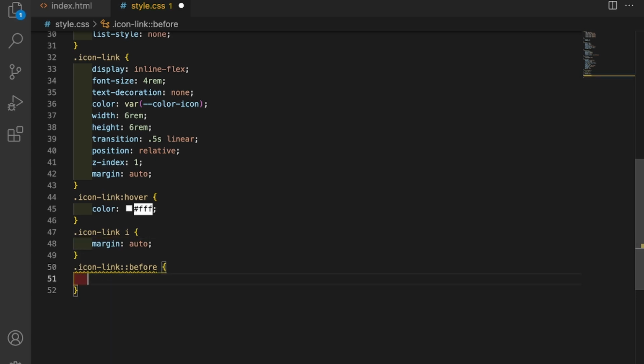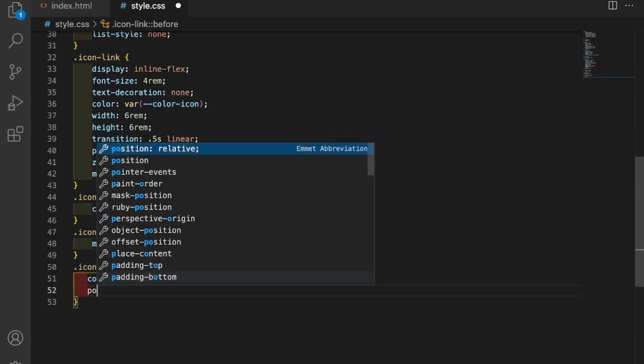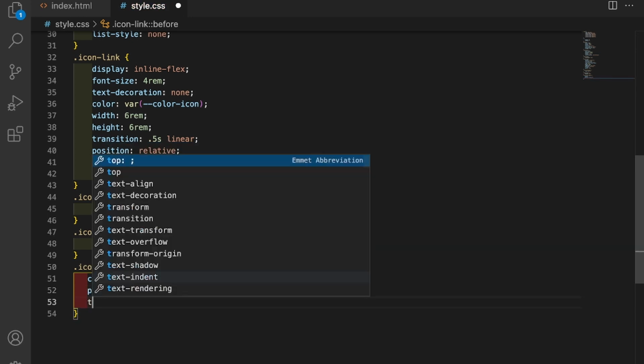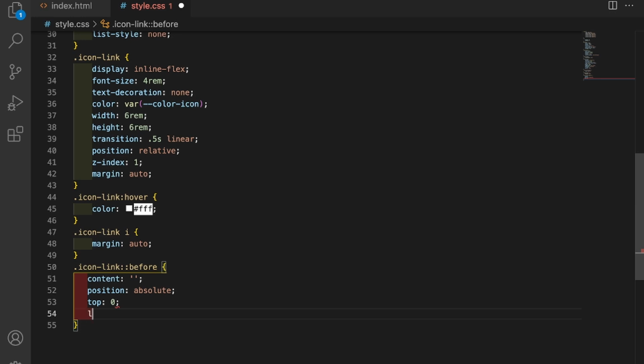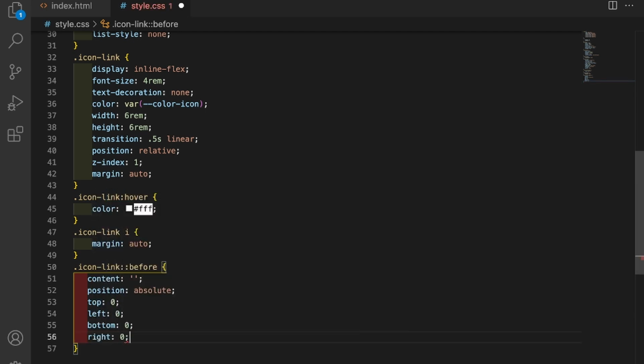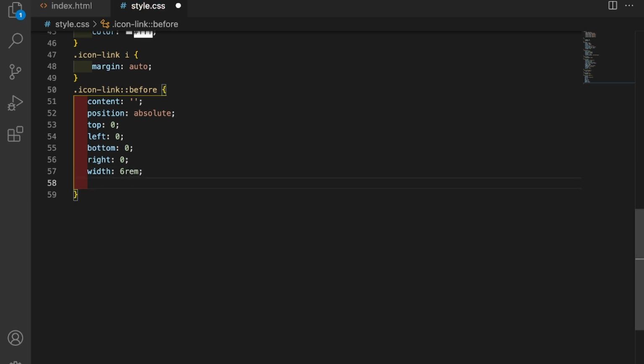So now here I will first of all write content, and here I will write position absolute, top 0, left 0, and bottom 0 also write 0. Now width and height, and here I will write 6 rem and height also 6 rem.